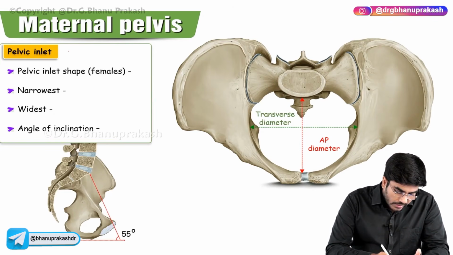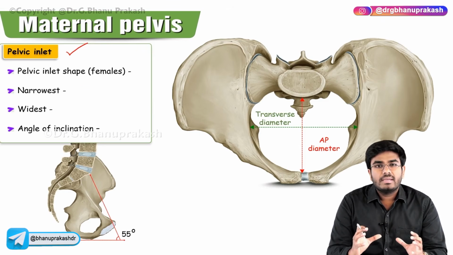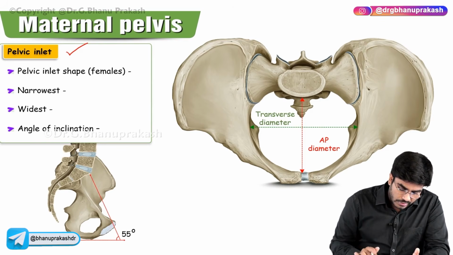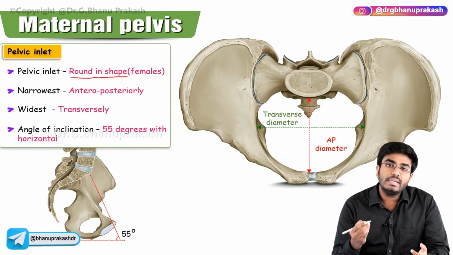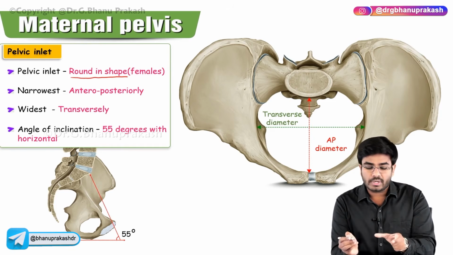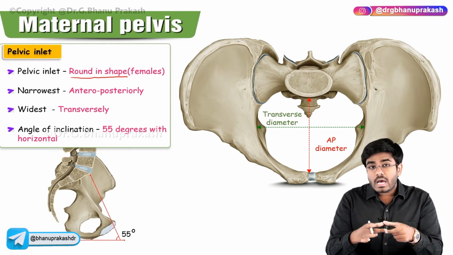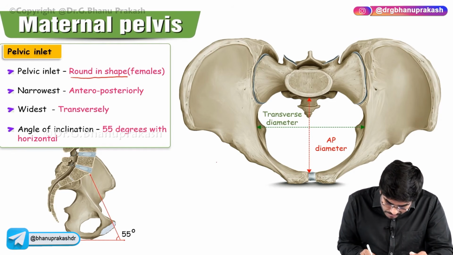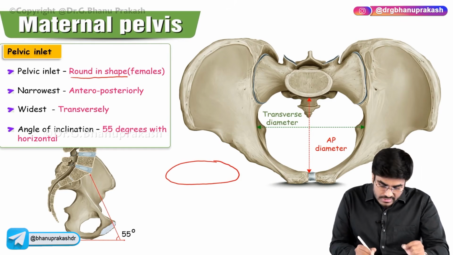Guys, if I am talking about the pelvic inlet, in a female the pelvic inlet shape is round, or I can say transversely oval. This point is very, very important. The inlet, whatever I am talking about, is transversely oval. For example, it is something like this. Why am I saying that? Because the